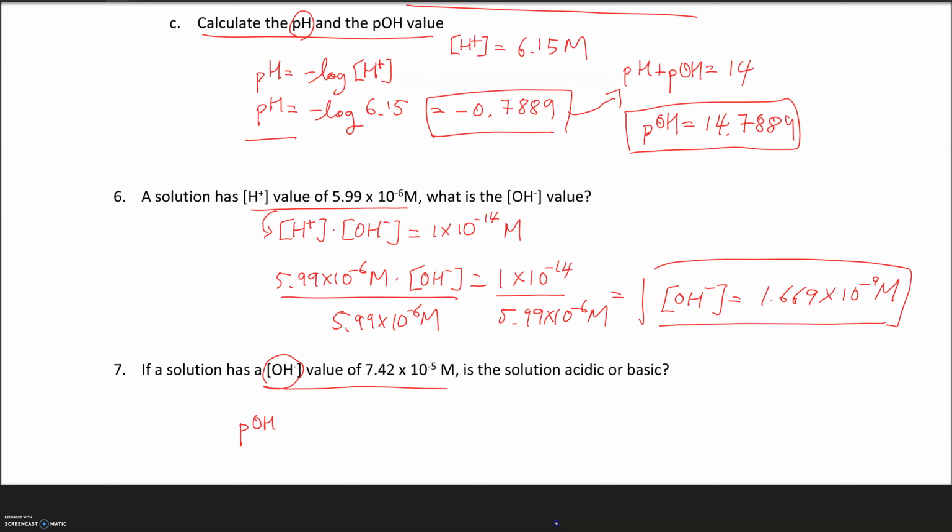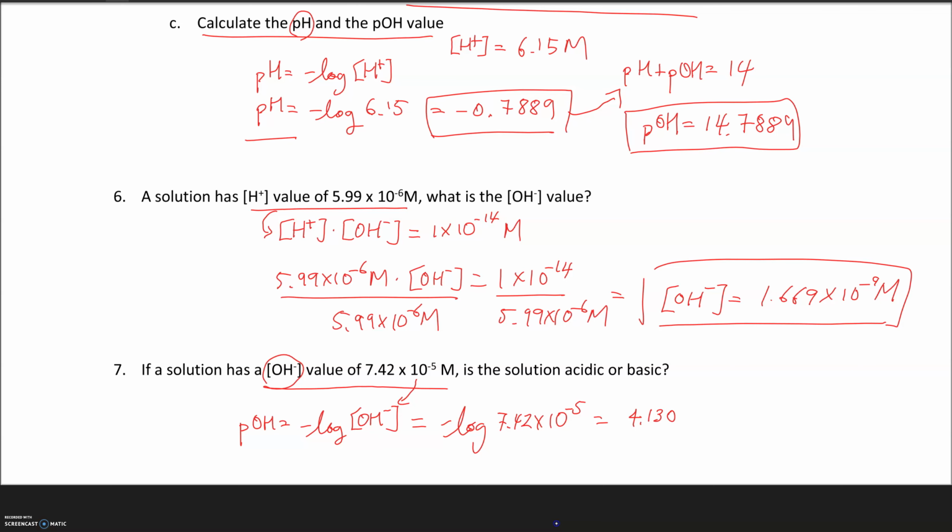So pOH equals negative log of concentration of OH ion, in which we can just plug this value right there, which gives us negative log of 7.42 times 10 to the power of negative 5, and this gives us a value of